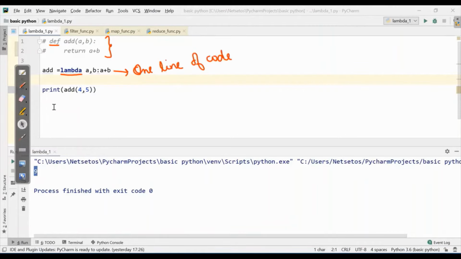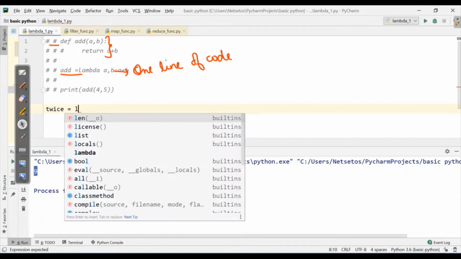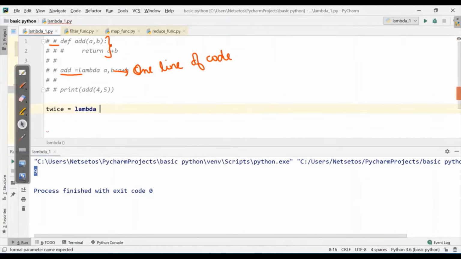Let's see more examples. Now I have to print twice of a number. So here I'll write twice as my function name, and with lambda I'll take x colon x into 2, which is stored in twice, and here it will give twice of our number.